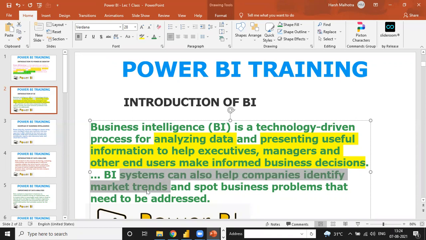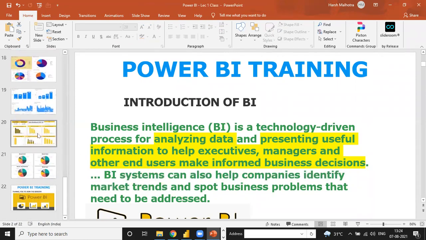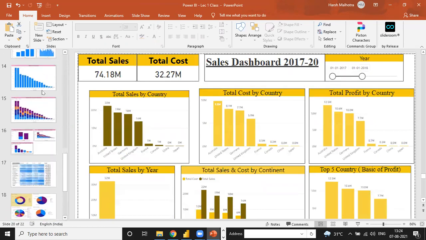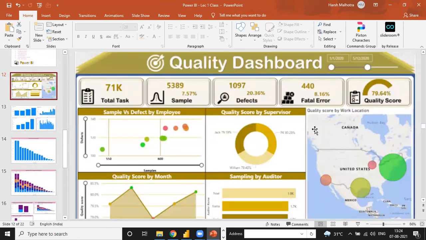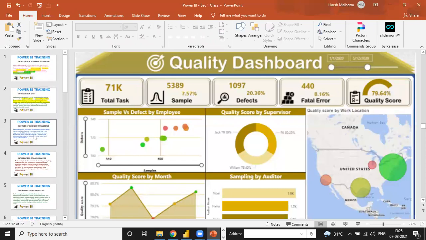You can directly gain knowledge about Power BI, and you can make any kind of advanced dashboard. Compared to that, an Excel dashboard is just for nominal purposes, but when you make a Power BI dashboard, it gives you the complete structure like this. See, you can't make this kind of report in Excel, this kind of visualization tool or this kind of formatting, because in Excel there is multi-formatting, but in Power BI there is automatic formatting. You can just click there and your formatting is ready.